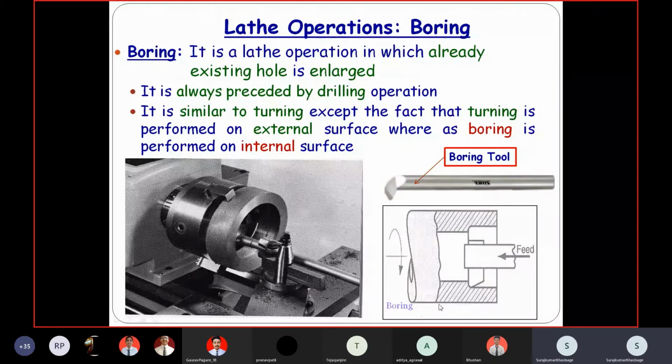For that purpose we can use this type of tool, called the boring tool. With the help of this boring tool we insert it from this end and give the depth of cut in this direction at the bottom side, and we provide the feed so that we can enlarge the diameter of the job. That is called the boring operation.